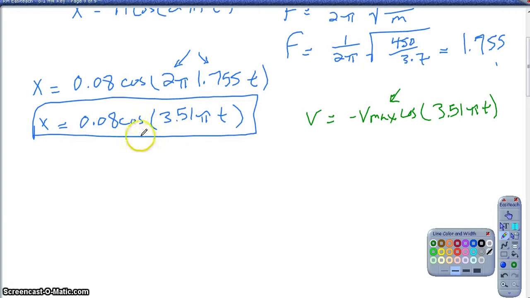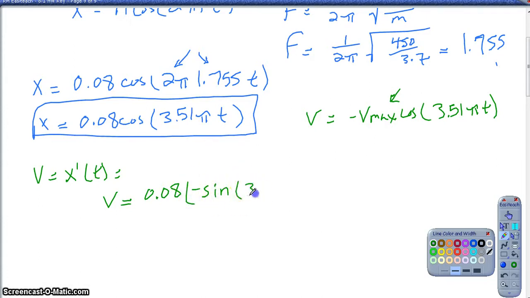I might as well just use this and do the derivative to find the velocity function. The derivative of this function is going to be the velocity function. So my velocity equals 0.08, which doesn't go anywhere. The cosine function becomes a negative sine function, so I'll throw that in parentheses so that we know we're multiplying, not subtracting, of 3.51 pi times t. But because this sine function has an interior function, we have to do a chain rule, so times the derivative of the inside, 3.51